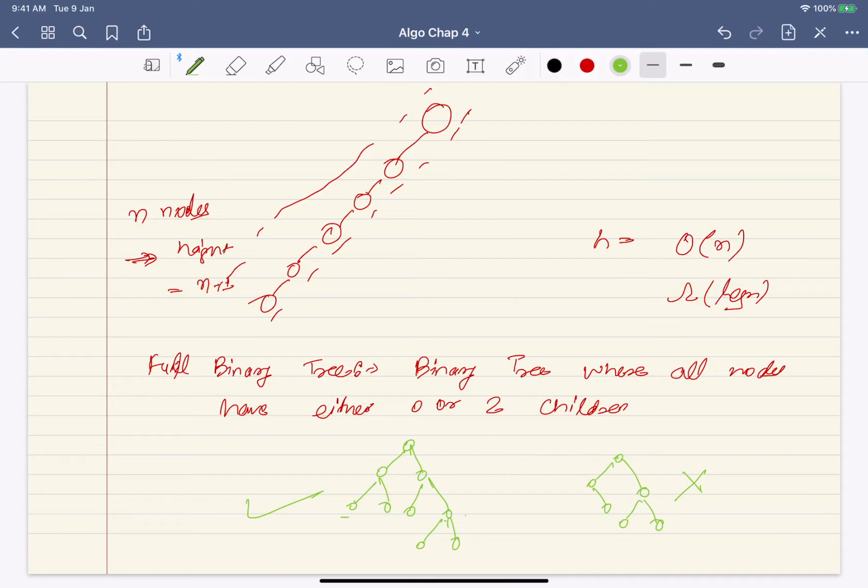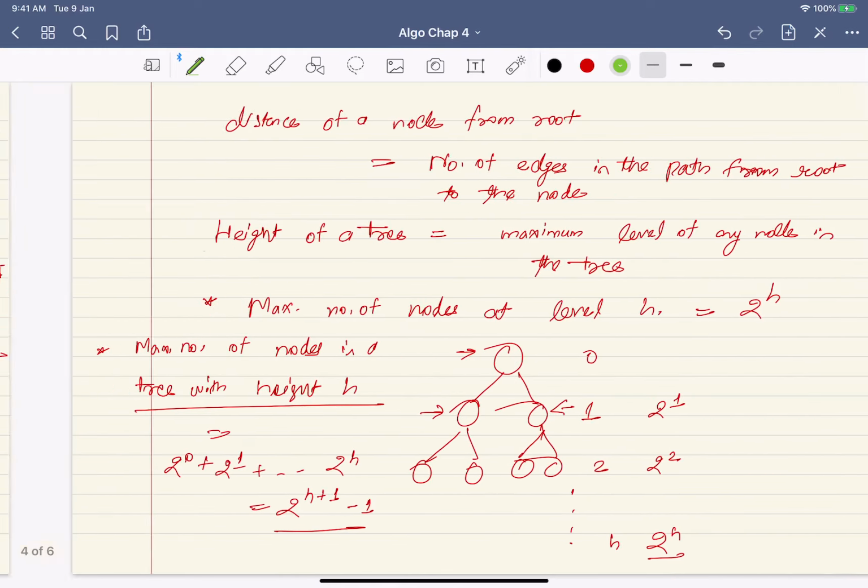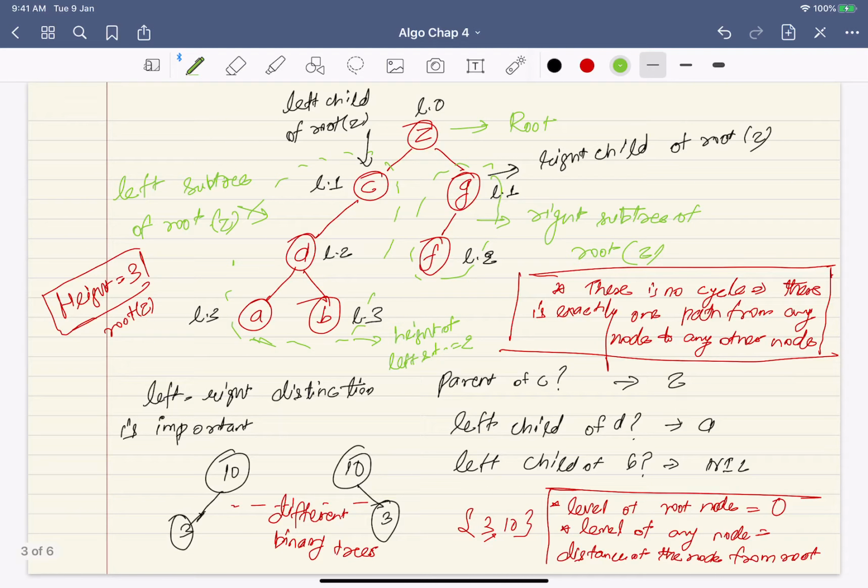By the way, when I was talking about binary trees, I did not mention something called a leaf node. A node is a leaf node if it does not have any children. So you can simply say a node with 0 children is a leaf node.